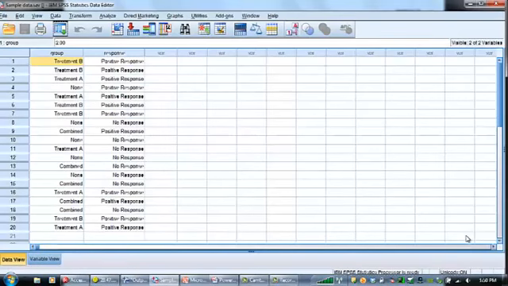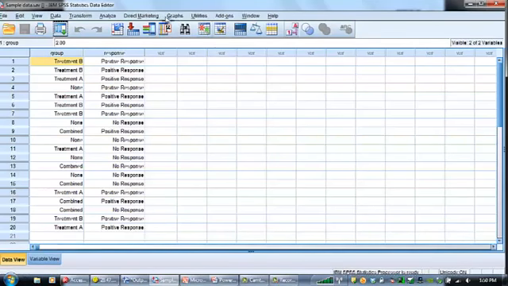For this demonstration, let's imagine that you're working with a very small data set. Here I have simulated data from a clinical trial with 20 patients, their course of treatment, and their responses, whether they responded positively or not to the treatment. Now, to test whether the treatment is associated with the response, I'll use a chi-square test in the crosstabs procedure